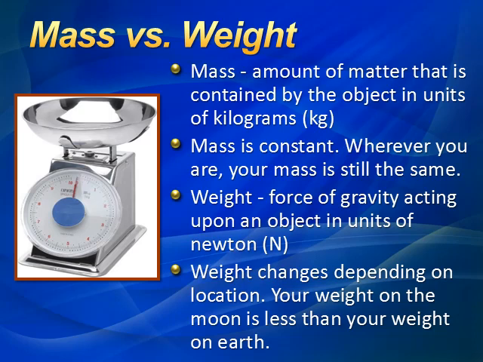Classic example nito is, let's say, sa Earth, ang weight mo, para makuha mo yan, kailangan mong i-multiply yung mass mo sa acceleration due to gravity, which is 9.8 meters per second squared. Pero para gawin natin mas simple yung example, round off na lang natin siya sa 10 meters per second squared. Ang mass mo rito is 65 kilograms. Ibig sabihin, ang weight mo, times 10, 650, ang unit is newtons. So yung weight mo rito na 650 newtons, kapag nagpunta ka sa